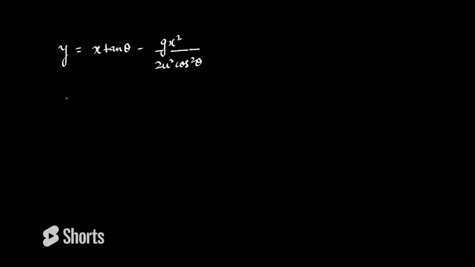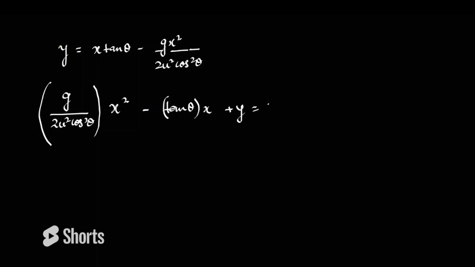So let us first rearrange this and write down the equation. G upon 2u square cos square theta x square minus tan theta x plus y is equal to 0. So one way of writing this quadratic equation is in this format, wherein you can see that if theta and u are known, you can write down this quadratic equation in terms of x. Okay, so clearly when theta is known, you can write down this quadratic equation in x in this particular format,